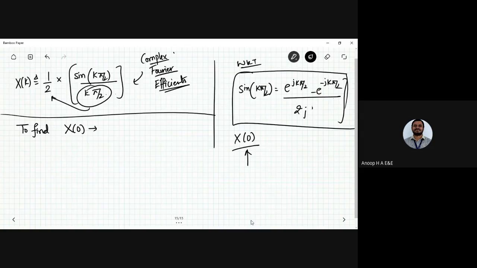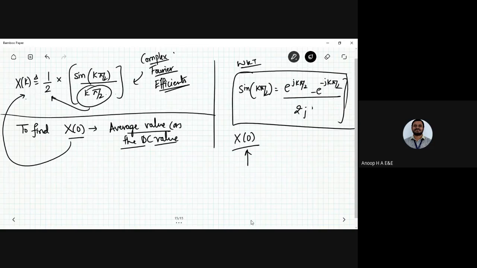What is x of 0? It is called the average value, or the DC value. In order to find out x of 0, if you use this equation,